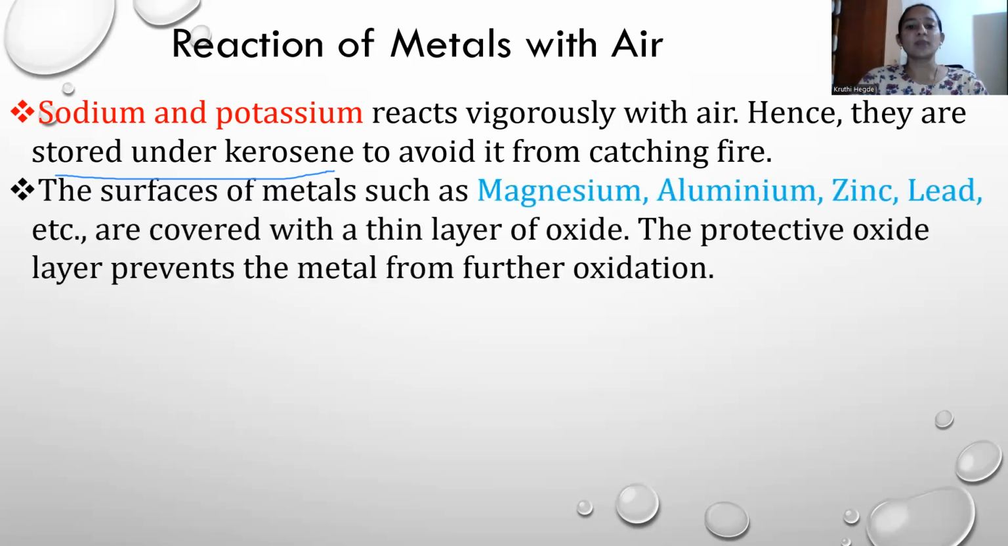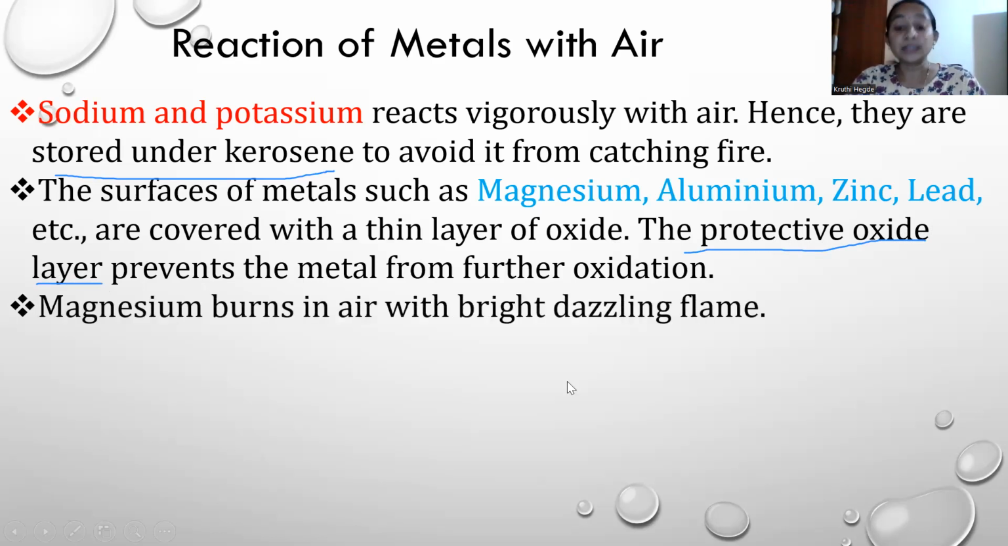The surfaces of metals such as magnesium, aluminium, zinc, lead, etc. are covered with a thin layer of oxide. This layer of oxide is actually a protective layer. The protective oxide layer prevents the metal from further oxidation. Sometimes in some metals like magnesium, aluminium, and zinc, a protective oxide layer is formed which avoids further oxidation of the metal. Now coming further,